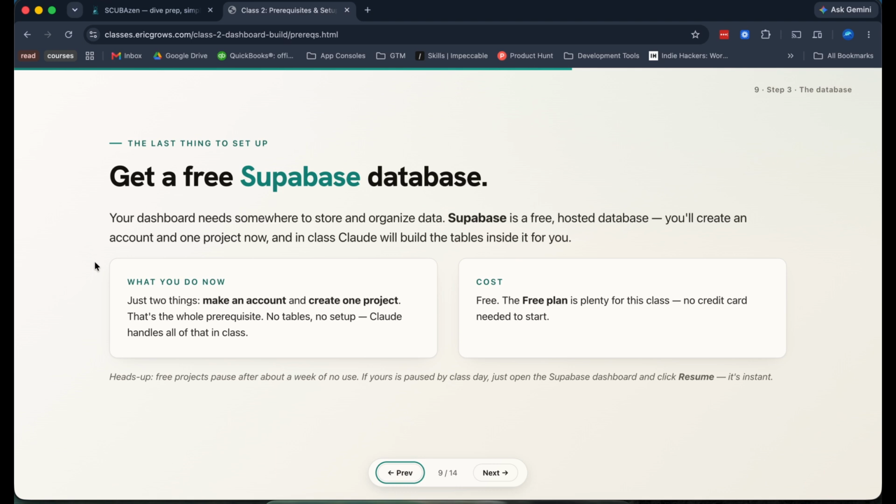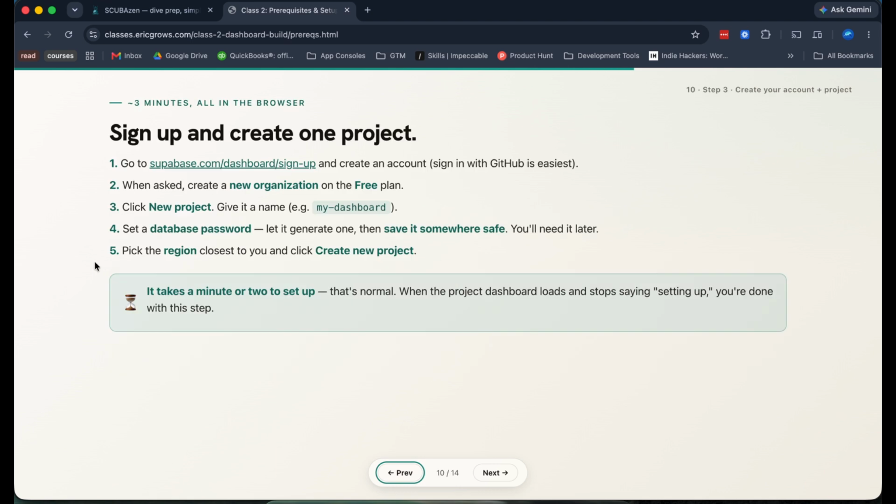It's very similar to a SQL database, so you don't really need to know how we'll set up the tables and everything like that. Claude will handle most of that for you, but just think of this as a free, secure database to store your data, which we'll use to build the dashboard off of.